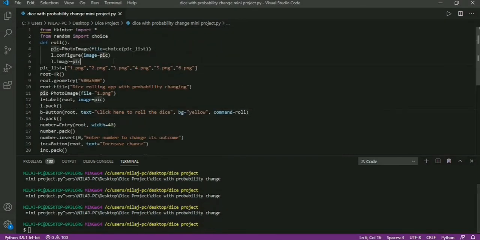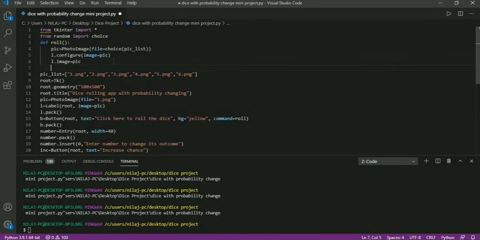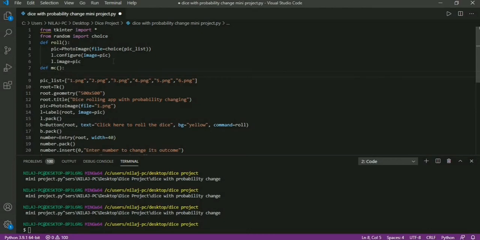Now let's create functions for these buttons too. So I will create a function named as MC, more chances, def MC, and here number from entry box will be appended to list.